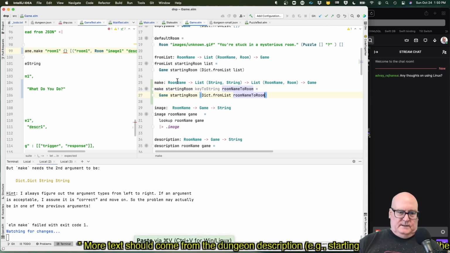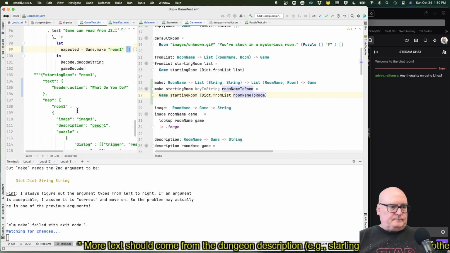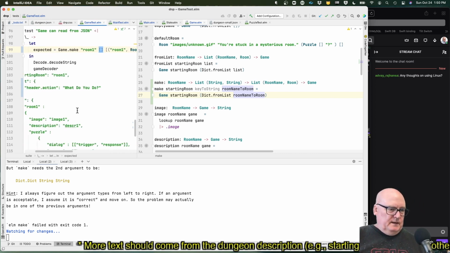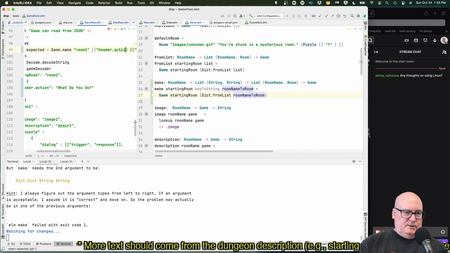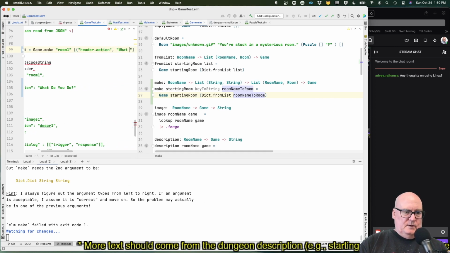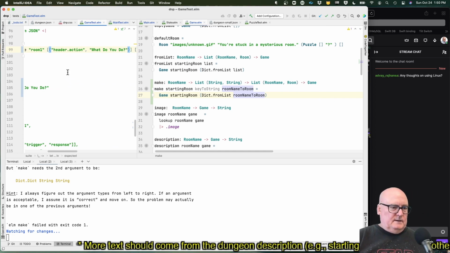Okay. Now we have a make. It takes a list of stuff. Let's turn this into a list of stuff. All right. And our expected, we're expecting header.action to go to what do you do? And a parenthesis there. Whoops, inside. Okay.